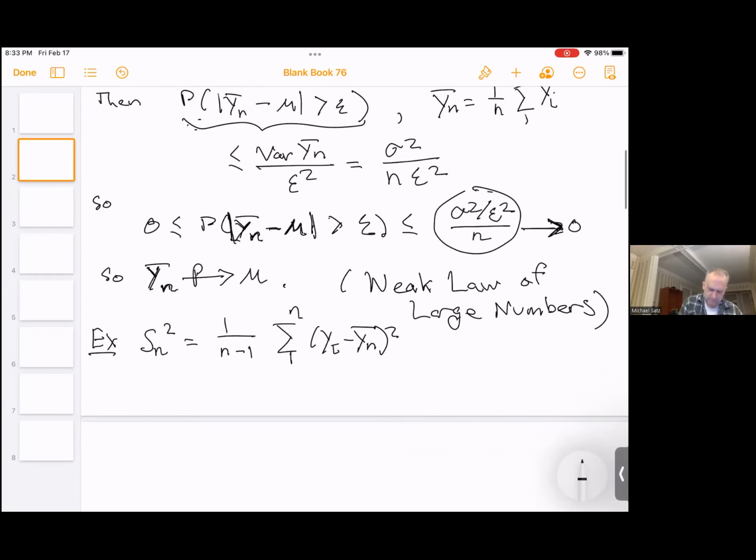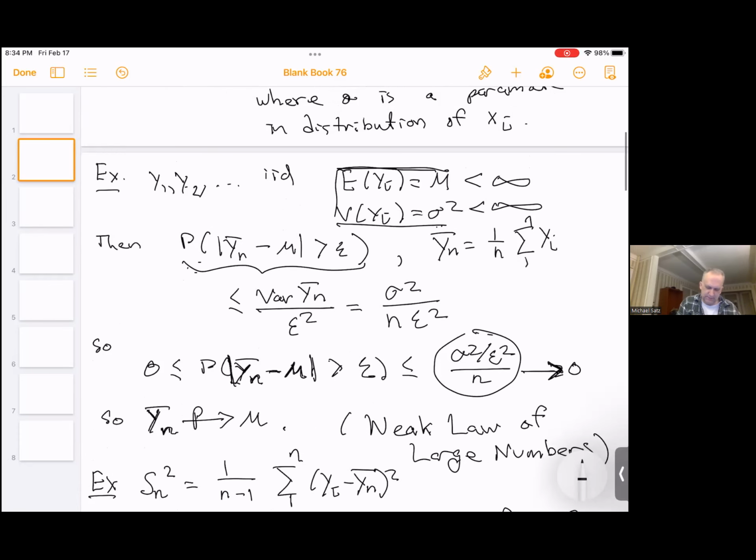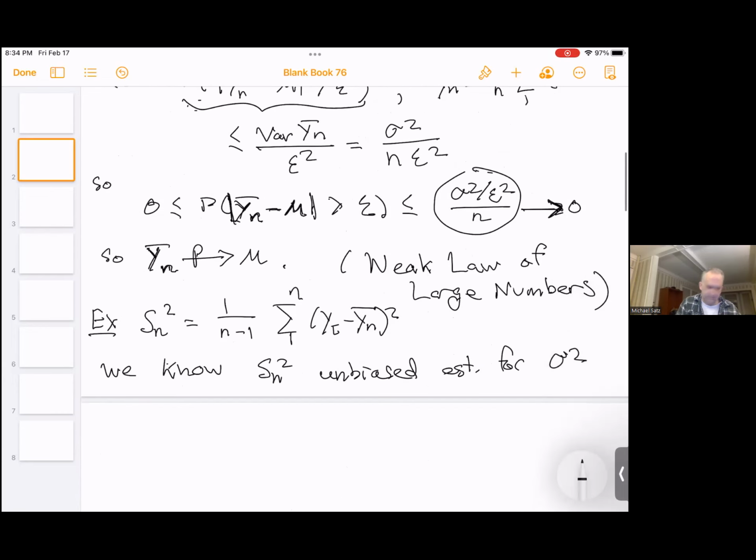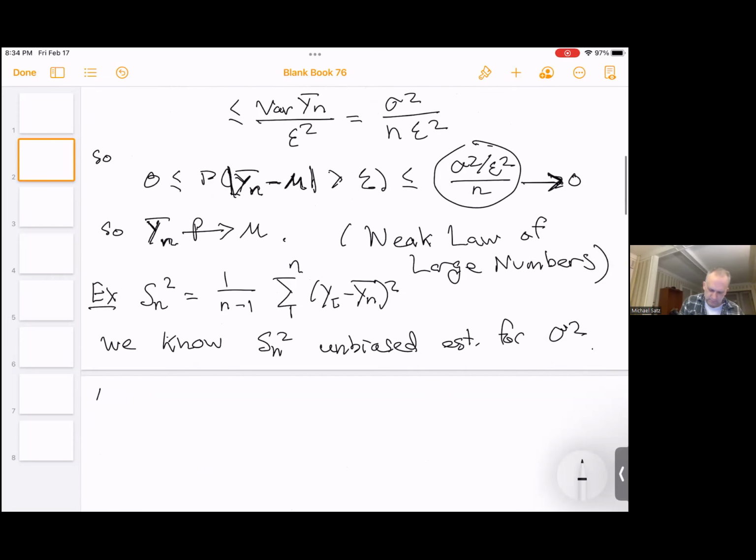So we saw already, we know Sn squared is an unbiased estimator for sigma squared. Let's use the same setup as up here. It's just like a part 2 for this. So again, we can apply the same Chebyshev, same setup,